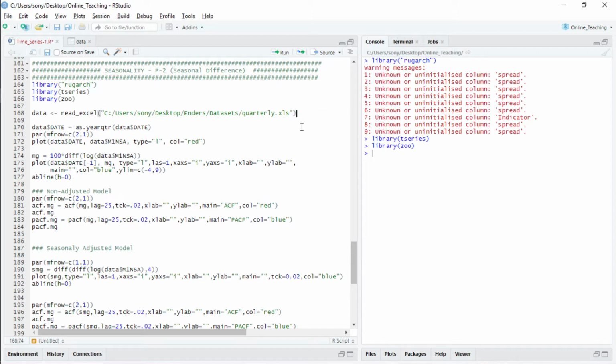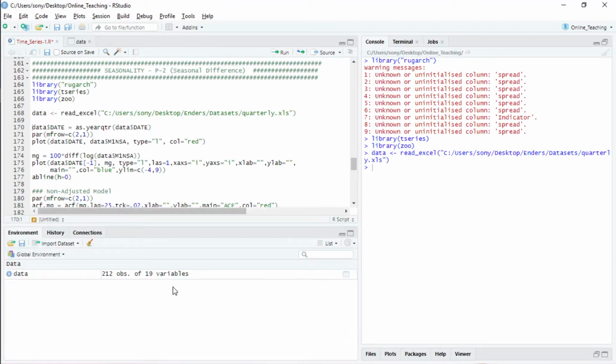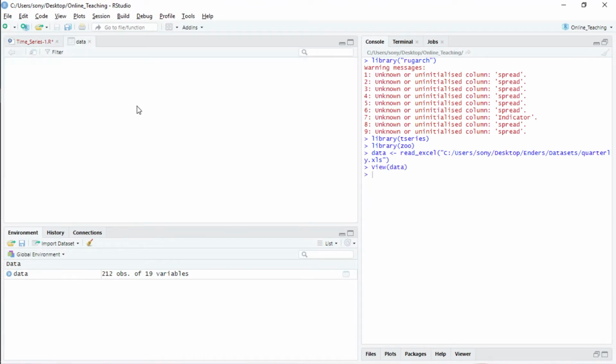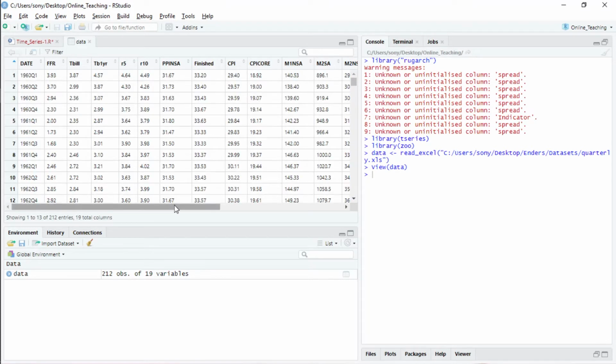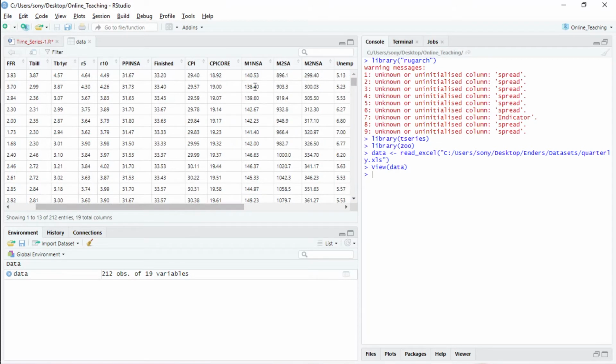So I'll call the data. Now my data is there. This is the data. There are many variables here, and I am specifically interested in this one, M1.